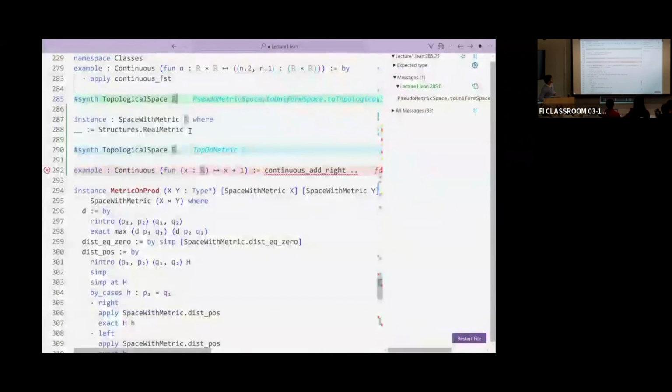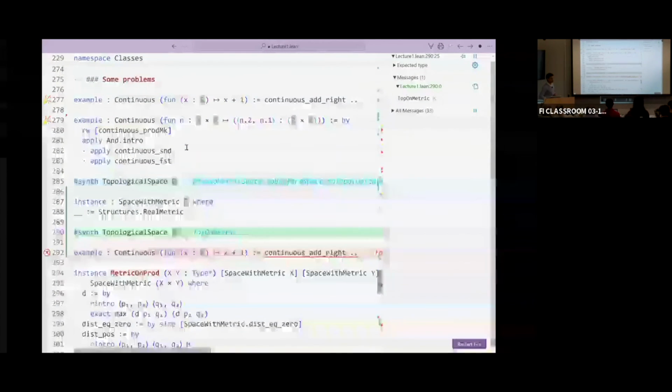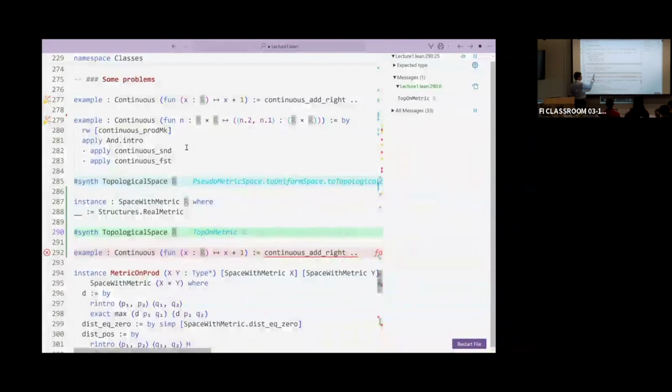But what I can do here is say, okay, I've just defined before a metric structure on the reals, and I therefore can define an instance of metric space on the real. And precisely because of this automation, this automatically provides Lean with a topological space instance on the real, which is a new one.